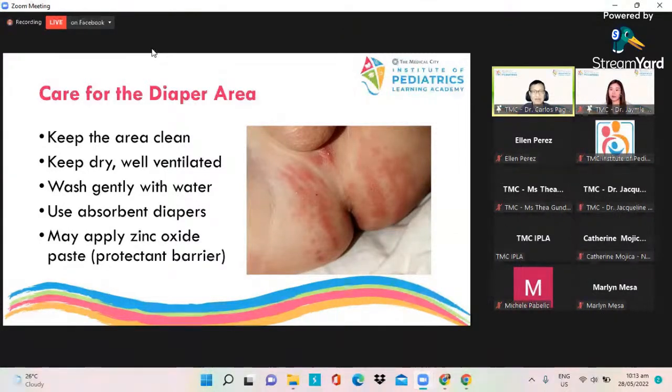They're also very useful. And so you see, we have here zinc oxide paste or ointment. It says protectant barrier. What is a protectant barrier? It's like maybe yung kotse. Kapag po ang kotse nyo, nilinis nyo at ni-wax nyo, what does the wax do? Well, when it rains, water will just dribble down kasi ang diba, may wax coating. Yung wax coating po ng car, yung po ang zinc oxide sa diaper area.